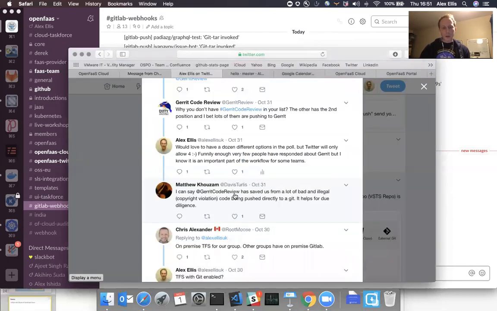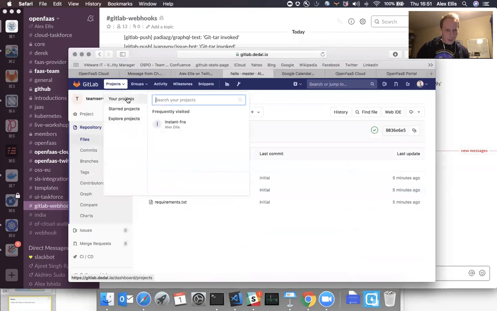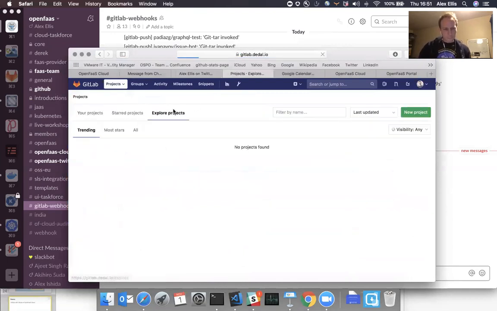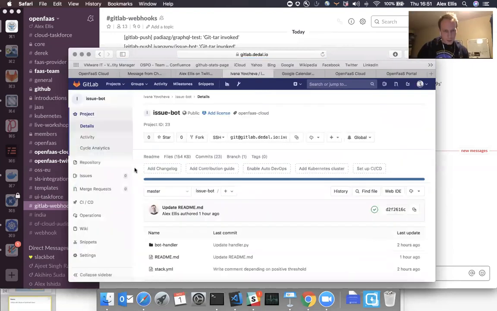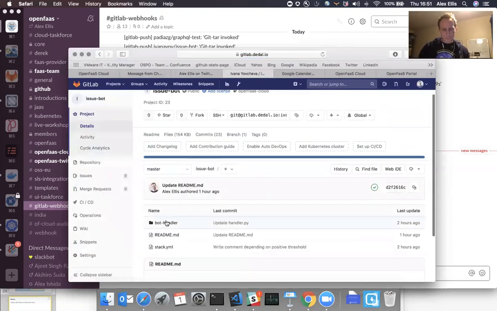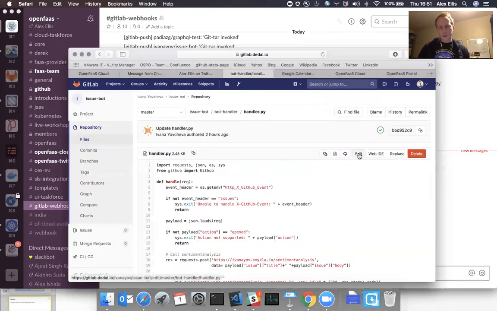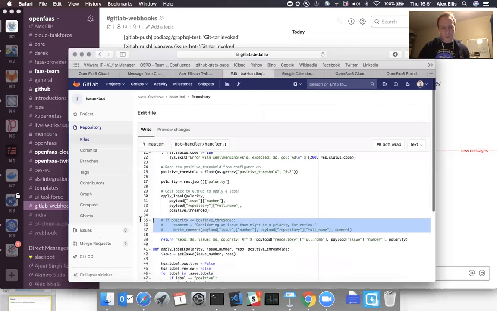So just to show you that this is live and all connected, what we were going to do is uncomment the code. I don't know, Ivana, do you have your... Yeah, it's in my repo. I'll share you a link on Slack. Here we go. Is this the one issue bot? Yes. We go into your code. Now, I'm doing some driving this, but Ivana could have been doing this from her laptop at exactly the same time.